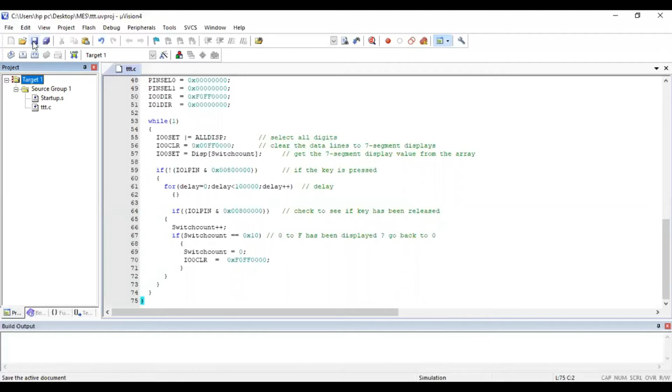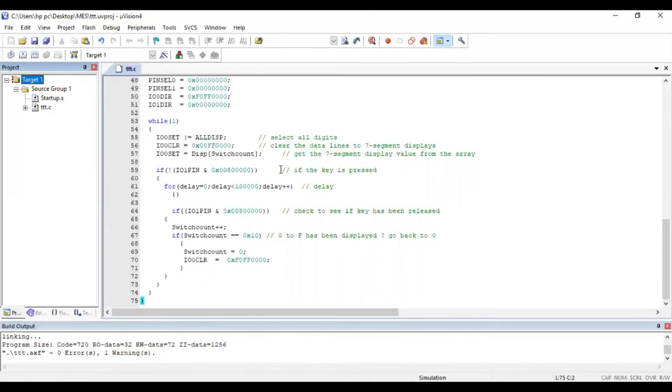After that, you have to build target. That is your debug session. This is the icon you can use for build target, or directly you can use F7, or you can go to the debug option. This is the icon you can choose, build. If you click on build, you'll be able to see the errors and warnings here. If no errors are there, it will display 0 errors. So your file is ready for execution. This is the debugging or compilation process.